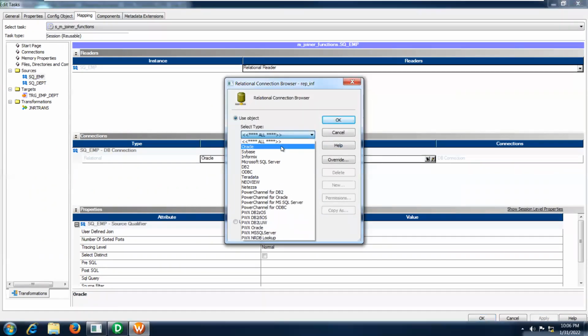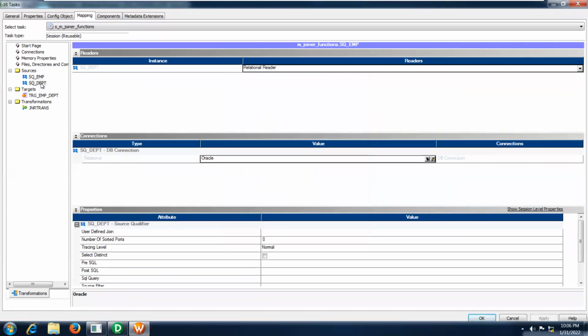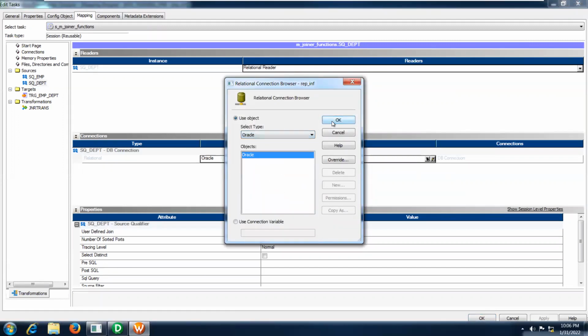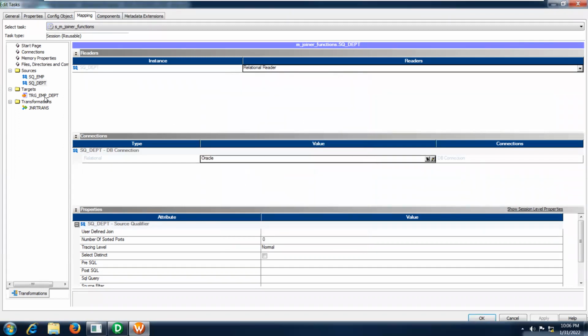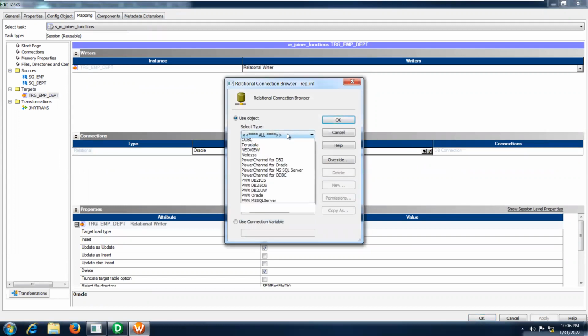I am providing the connection information Oracle. This is coming from the Oracle. And the connection information for the second source is also Oracle only. Is my target available here? Yeah, this is also coming from